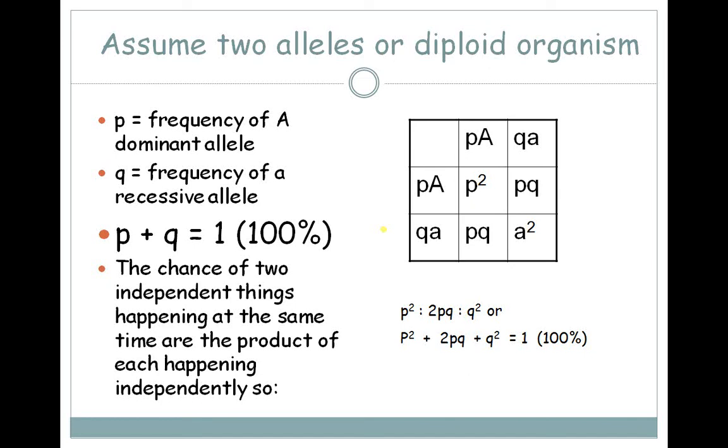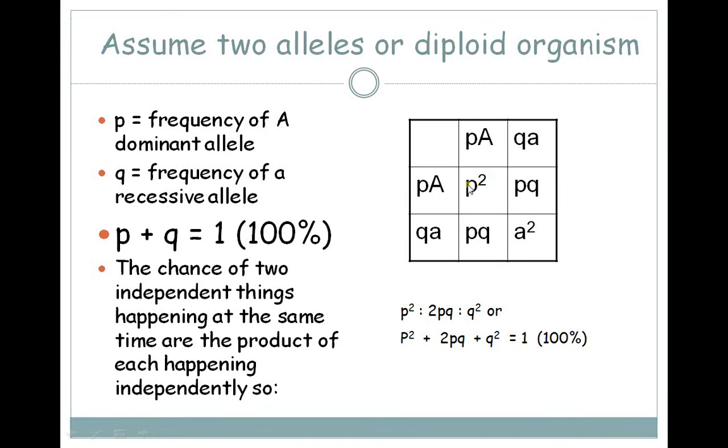So using a Punnett square and replacing the alleles with the frequencies, what you can see, and this also is a way of looking at the chance of two independent things happening at the same time, are the product of each happening independently. So, if I look at each of these and all the possibilities, which is how the Punnett square was put together to show this, what you can have is that in our